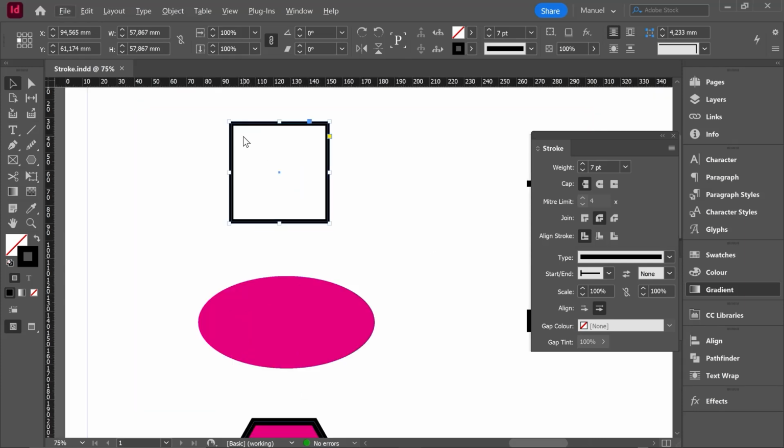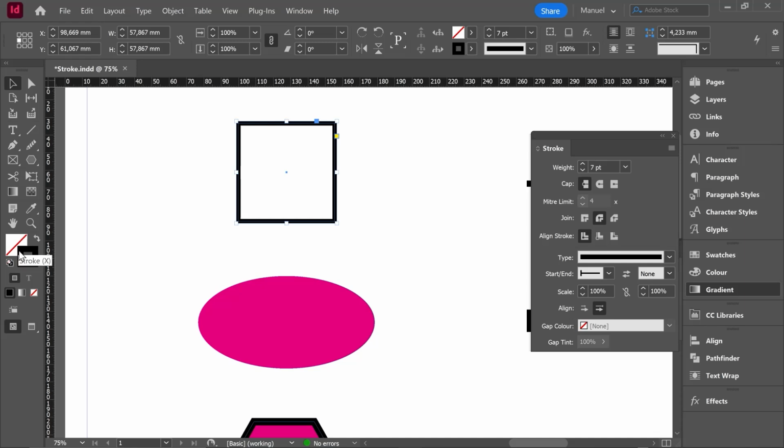Actually, we will forget about effects in this class. We are talking about, for example, the drop shadow, an inner glow, or something like this. The thing is that we can find this stroke in our main toolbar. We find here stroke and fill, and we can swap fill and stroke by clicking on this arrow. This stroke right now is in black color, right?